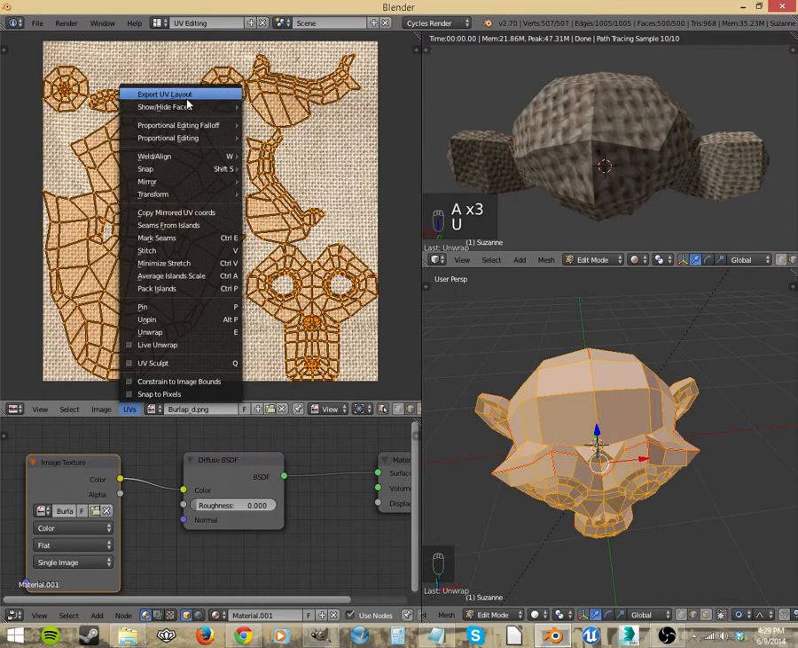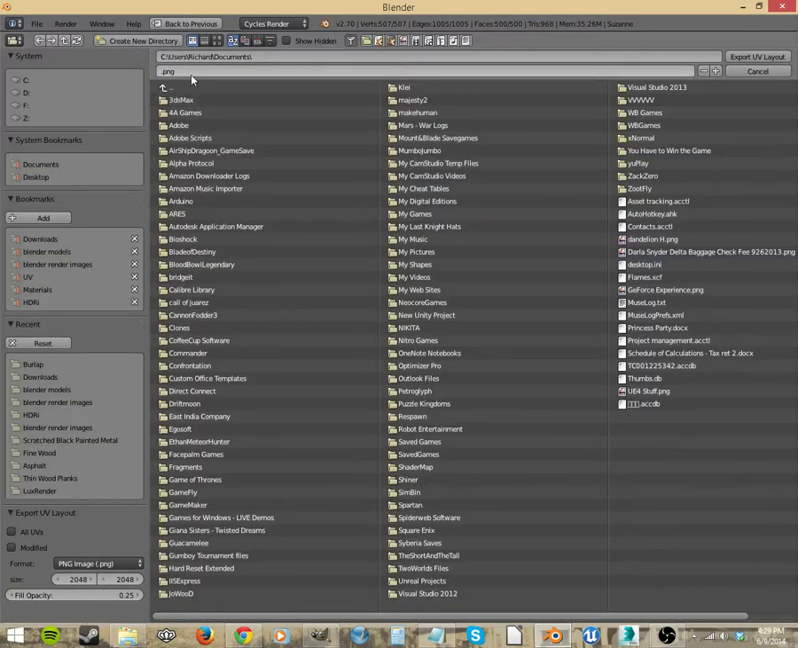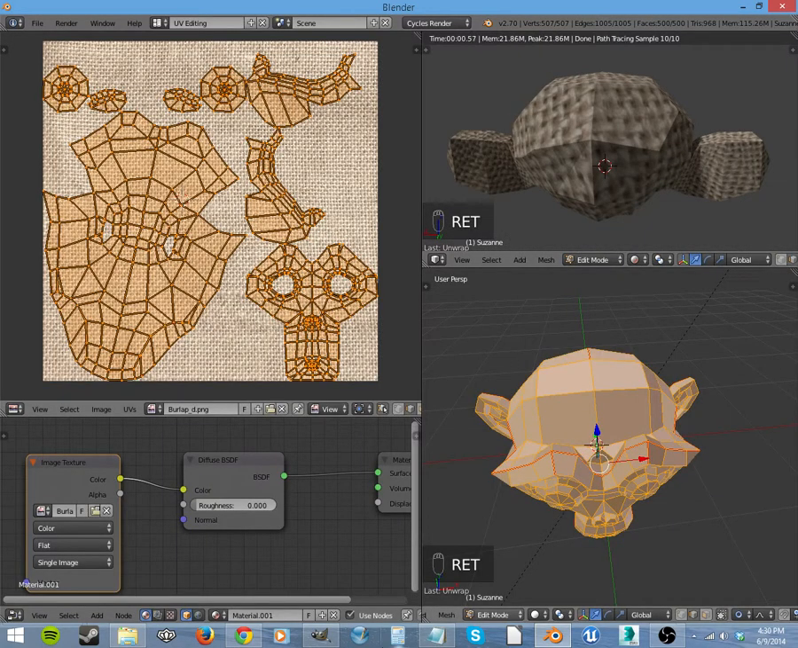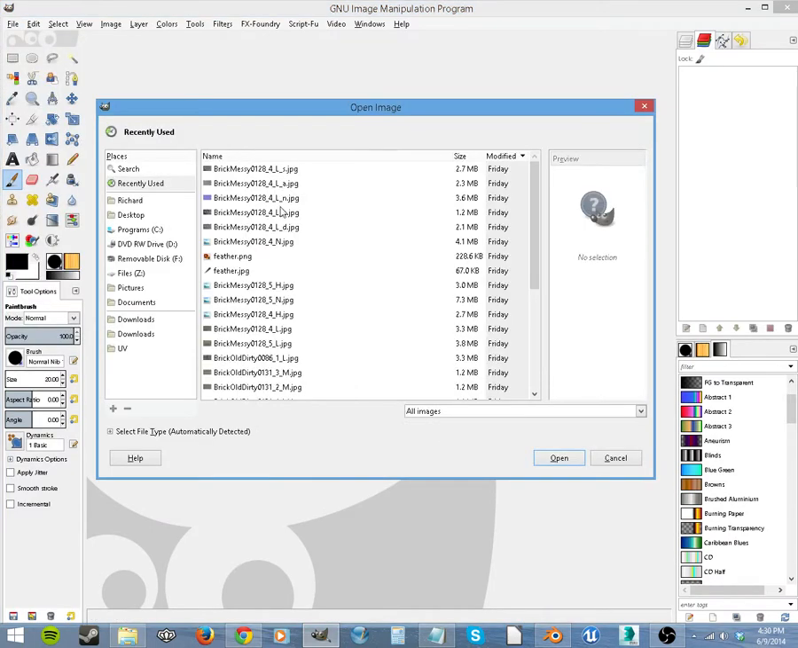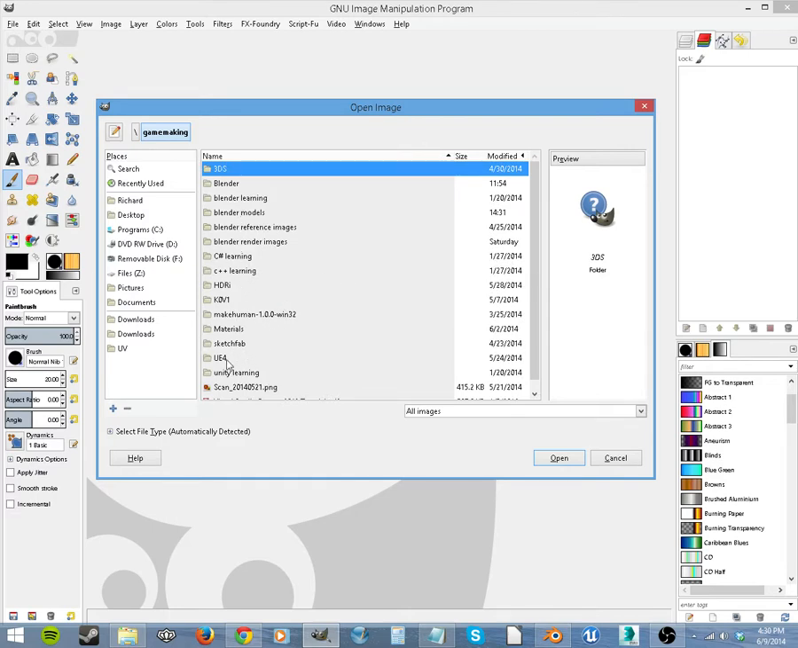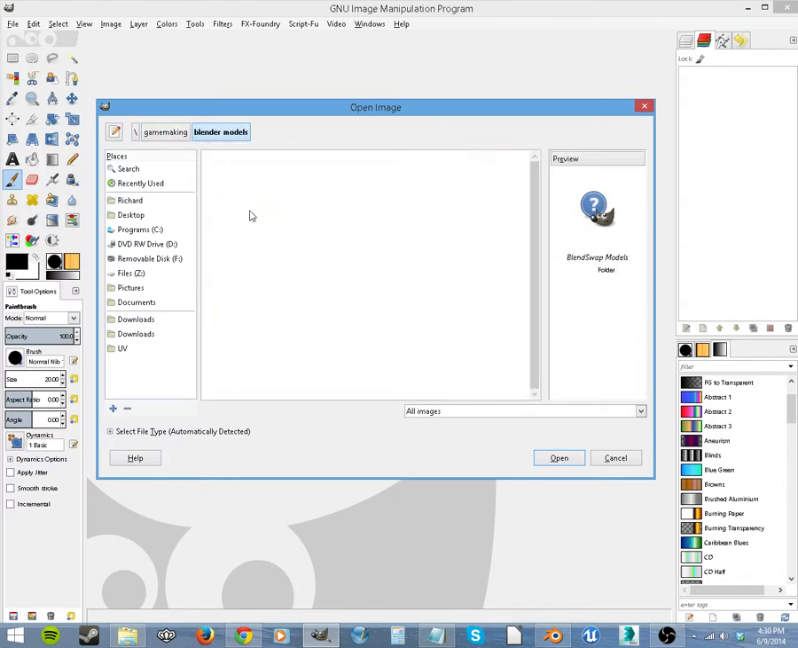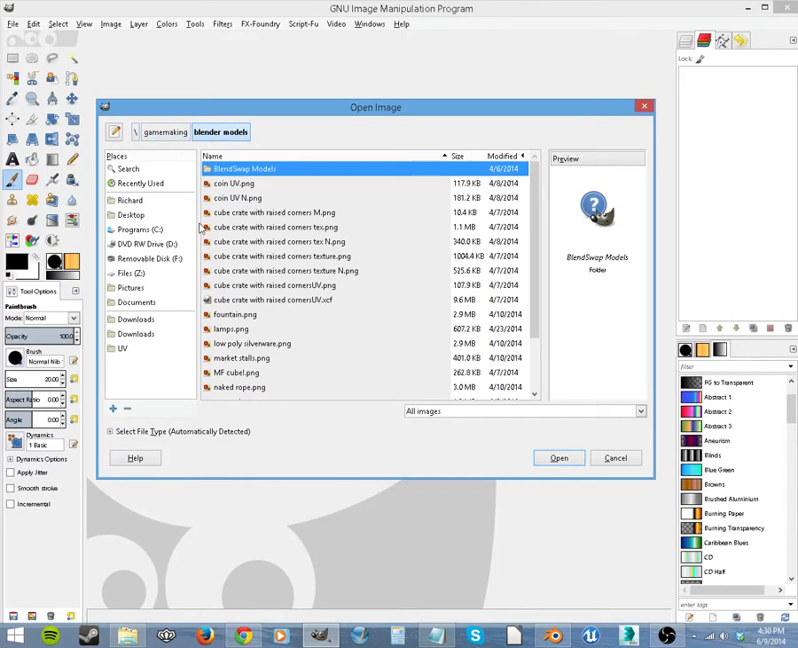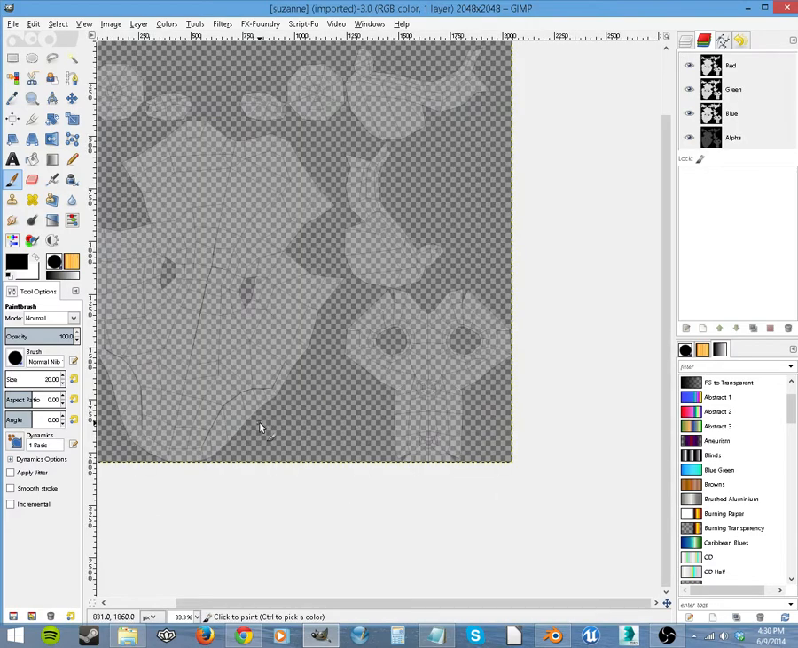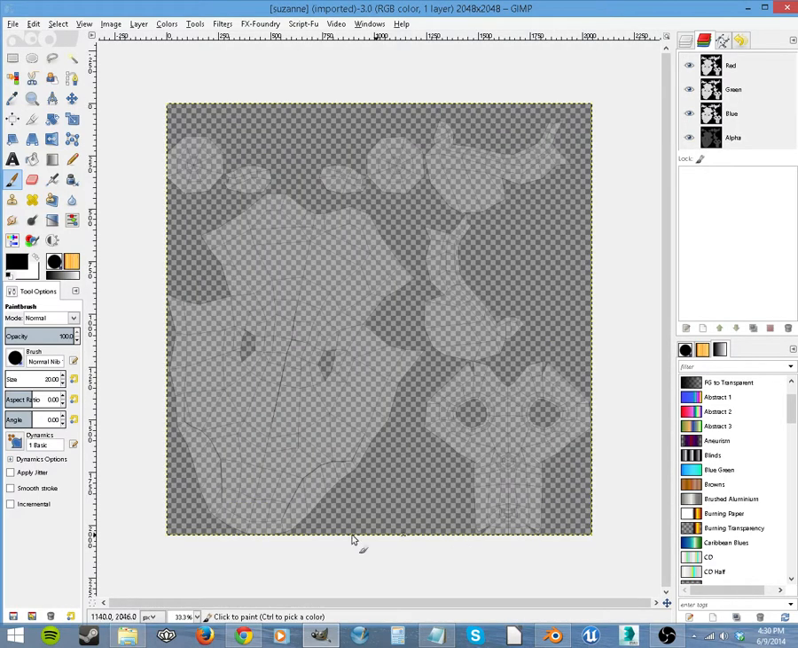UVs, export UV layout. And it's going to take this, and it's going to save it wherever you specify. Let's just stick it in UV. Let's do Suzanne.png. And it exported that. Now I can open up GIMP and I can file, open, and go to, where do I have it? Where did I save it? Under models. Oh, there's UV. Okay, we'll go to Suzanne, open that up, and now you see I have a PNG file